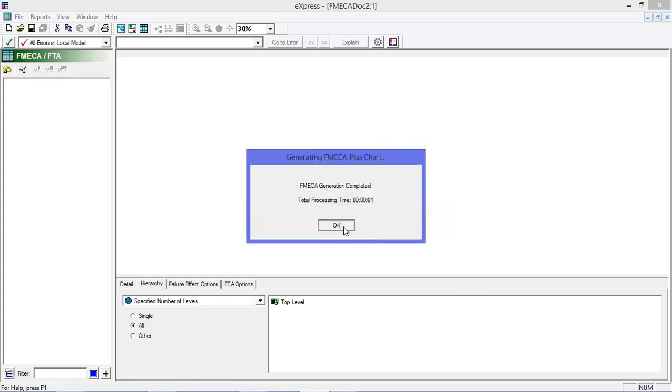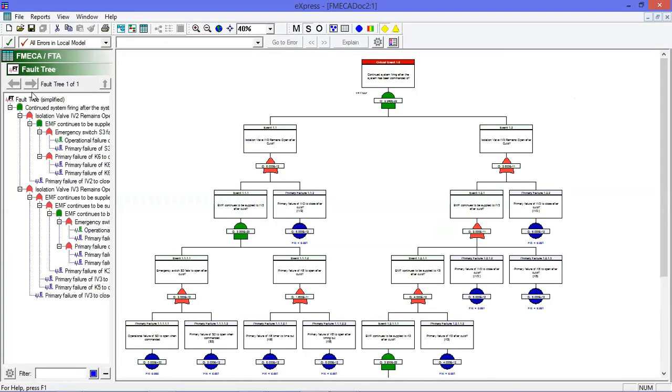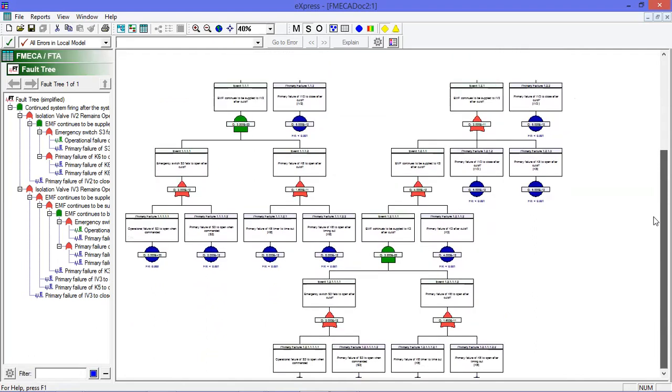After generating the FMECA report, I see the output of all the events, all the items that were included, all the failures that were specified, all the root failure mode causes, local and item effects. After that, in order to run the FMECA, I double click here. And so here it shows me the whole final output of the